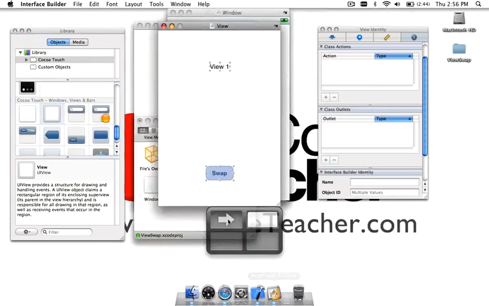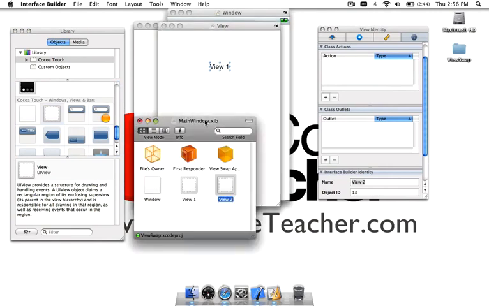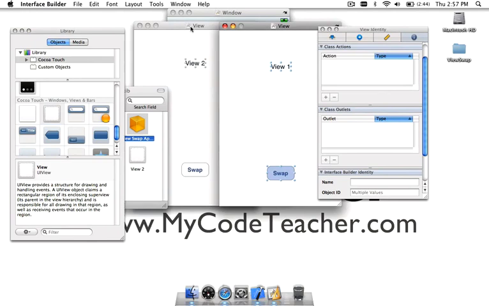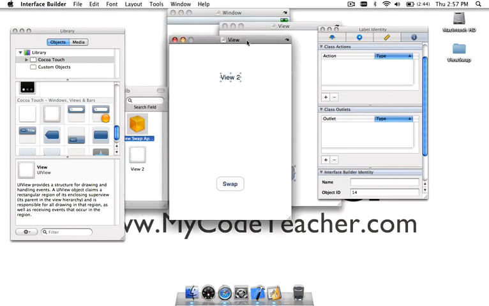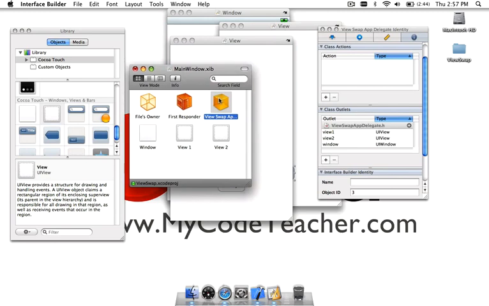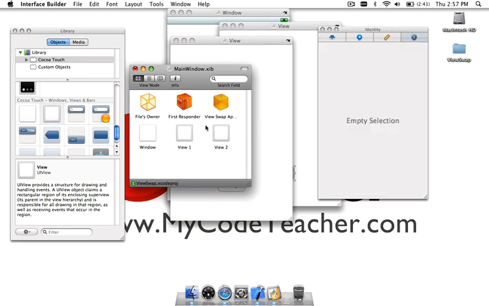After you've saved, go back to Interface Builder, and now let's actually connect these outlets to the appropriate views. So click and drag, or right click and drag to View 1 and connect the View 1 outlet, and the same thing for View 2. So now remember, what this means is that we now have two instance variables that belong to the ViewSwapAppDelegate class, which of course this is an instance of,